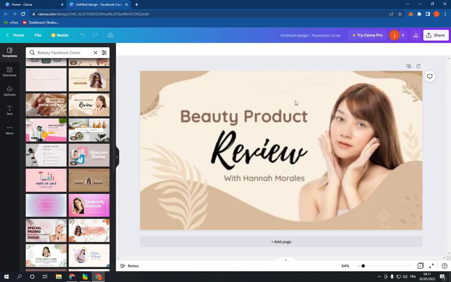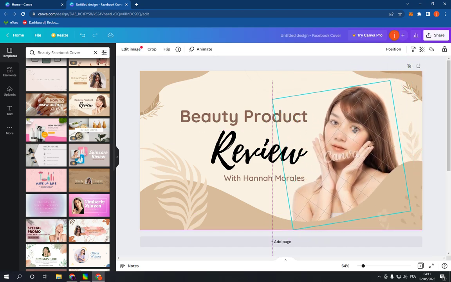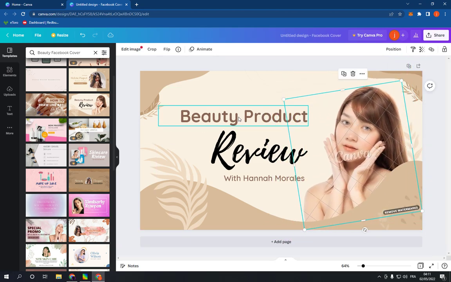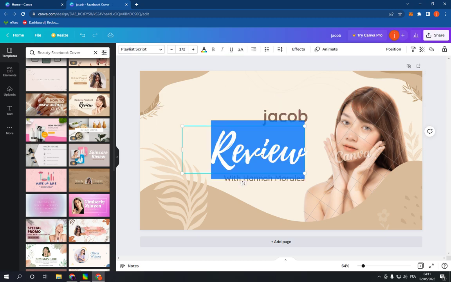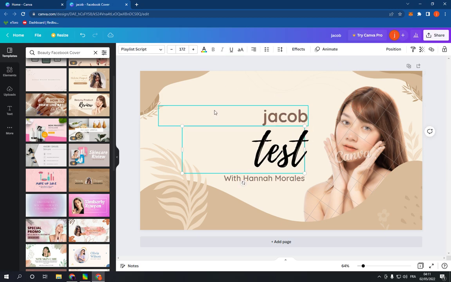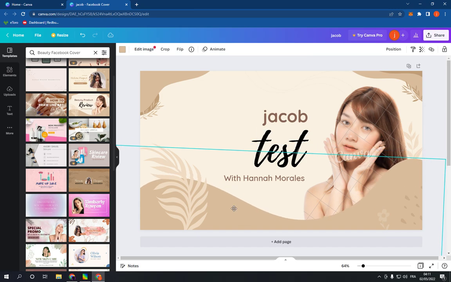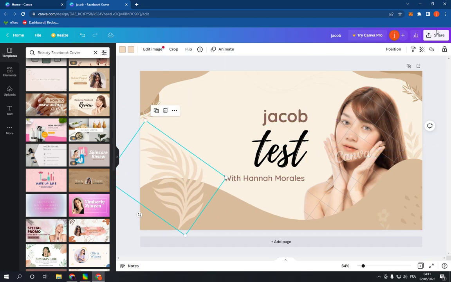For example, this one. As you can see, it looks so professional. You can change the picture and everything from here. For example, as you can see, test. And after you finish editing your template, all what you have to do is just go to the top right